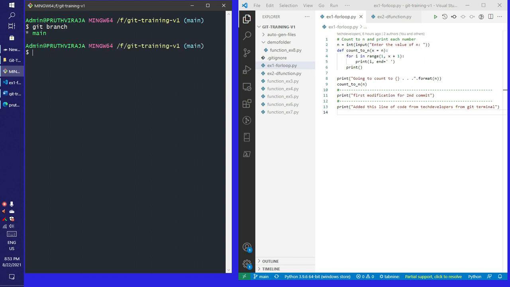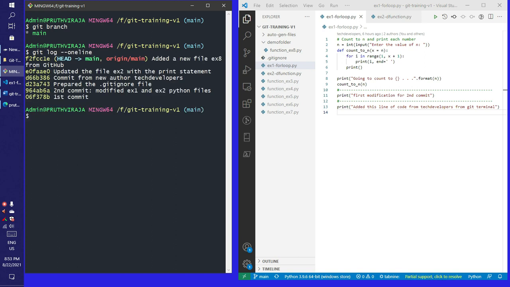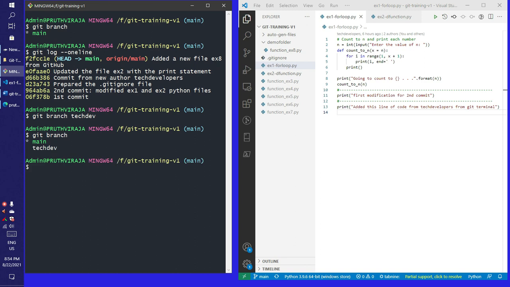Let us see the log history using the command git log --oneline. To work with the branches and merge the changes, we need to have a different branch. So let us create a branch, tech developer, and check the branches using git branch. Let us switch to the newly created branch using the command